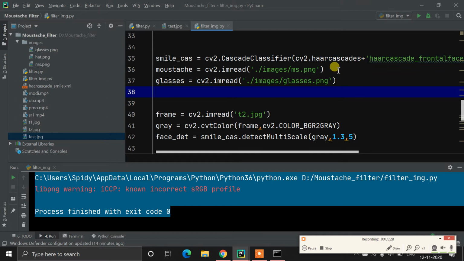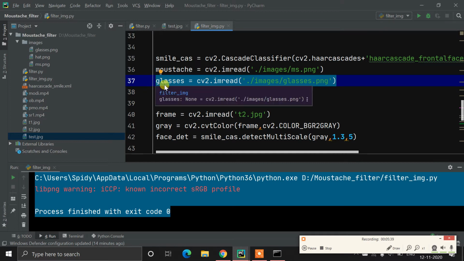Now what we need to do is put one mustache and one pair of glasses on the face. So we need these two kinds of PNG files. One thing to remember: we cannot use a JPG file here, we need to use PNG, because PNG can be transparent.